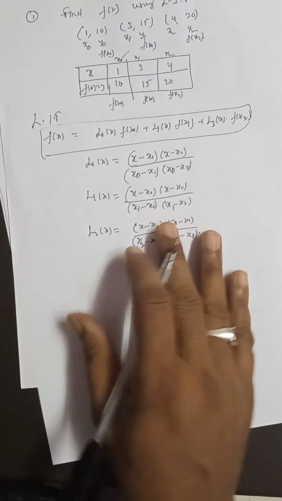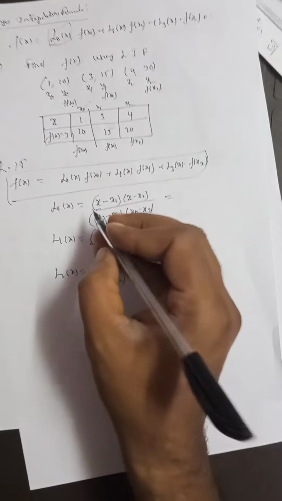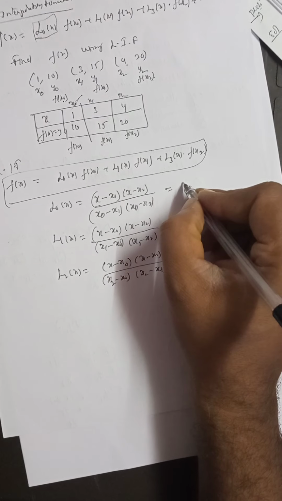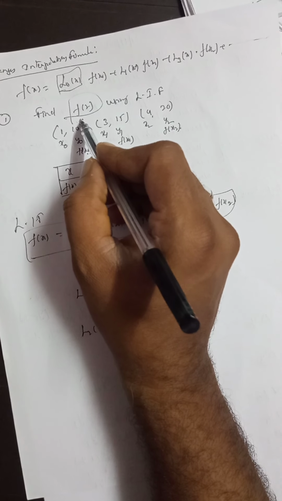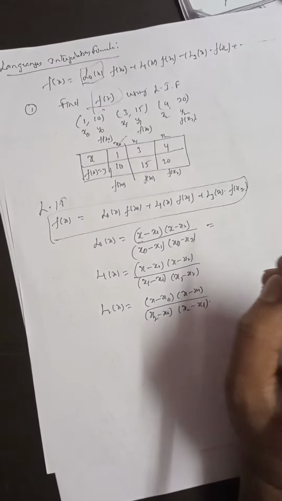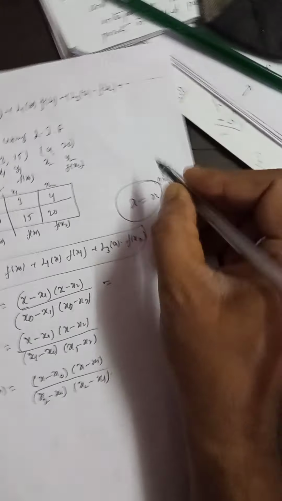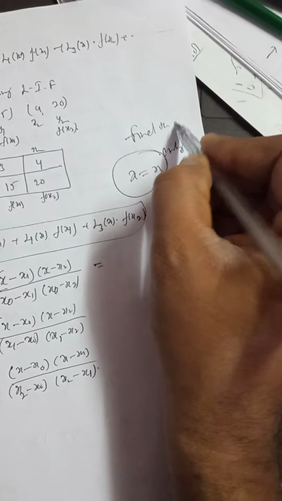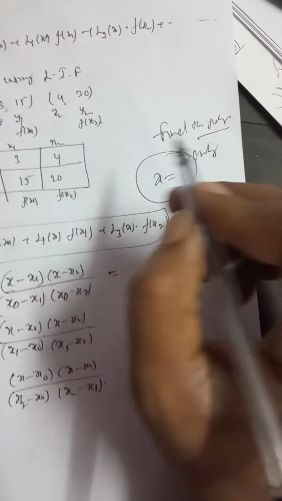Okay, now substitute those values. Here, if you want you can find it separately or directly write it right here. Now what is L naught of x? That is x minus, what is x? At x is equal to 2, find the value of f of 2, they said. Suppose we are asked to find the polynomial, then remember x is equal to x only. When asked to find the polynomial which satisfies the given data, x is equal to x only, and hence to find f of 2, replace x by 2.